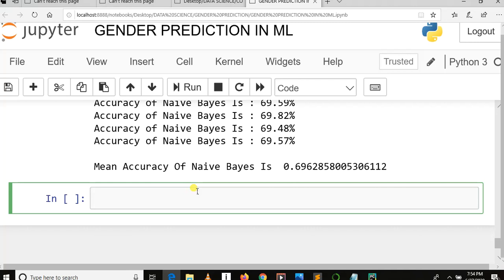So the last part of this video is to find the accuracy by using precision, recall and the F1 score. In this last part, we are going to learn the meaning of F1 score, the meaning of precision, the meaning of recall, why we need them, and how to do it. So just by definition,